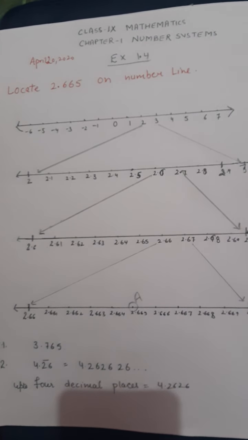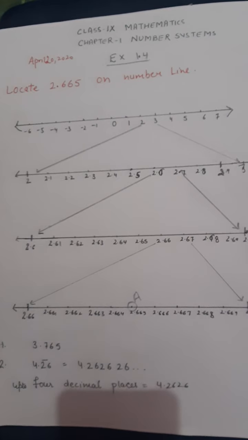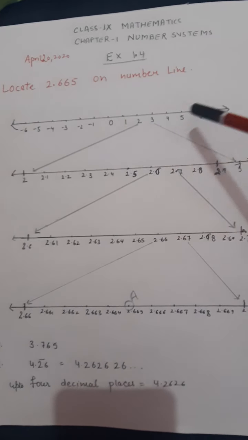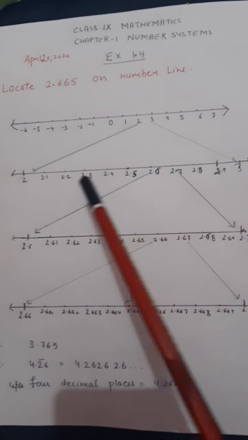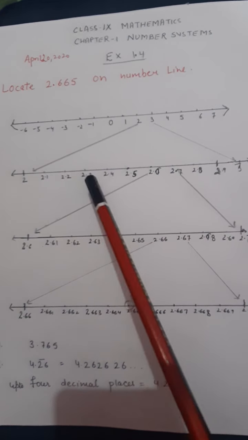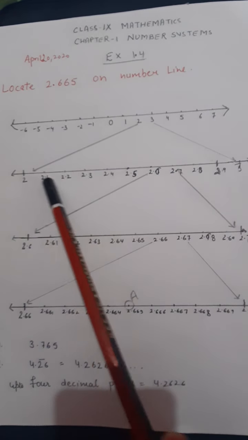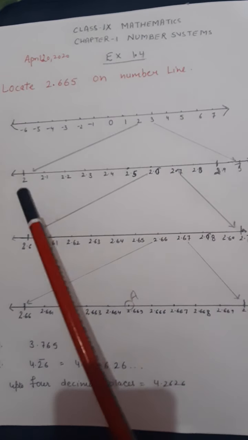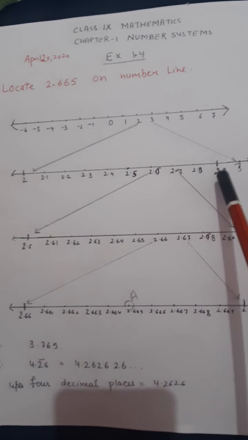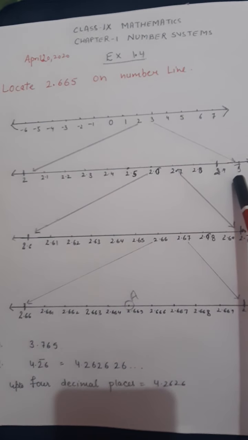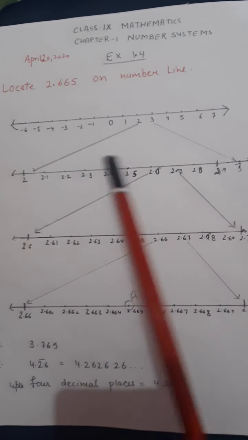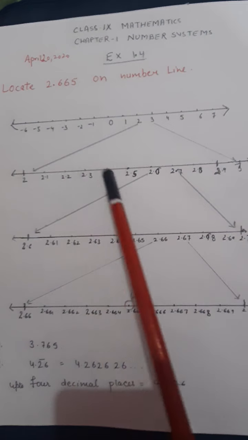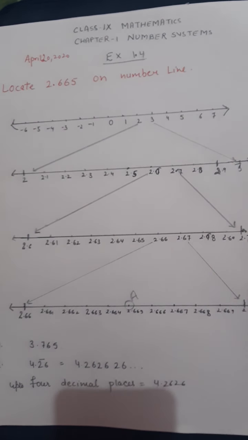So while drawing or visualizing these numbers, what do you have to take care of? First you have to show the proper number line. Then you have to extend the number and the margin in between should be equal. Here I have taken 1.5 margin everywhere, and 9 numbers in between should come, and lastly you will be getting the same number, right? Like 2 and 3, I want to check between 2 and 3, so I have marked 9 points in between, 2.1, 2.2, 2.3, 2.4, 2.5, 2.6 up to 2.9. Same way next, right? So draw it very neat and clean.